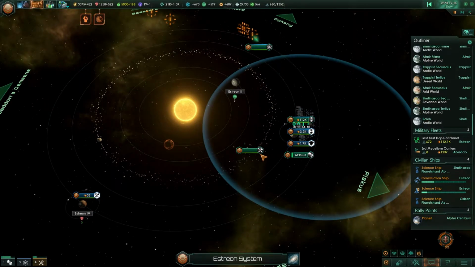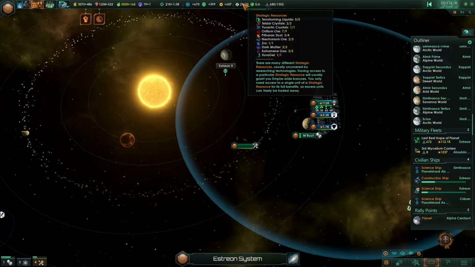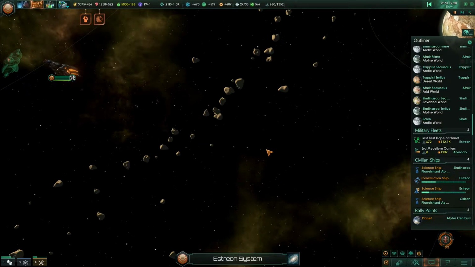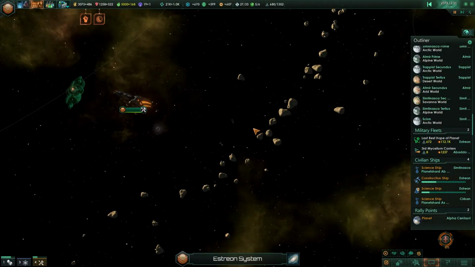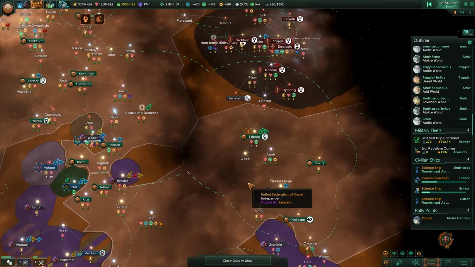How do you have dark matter? I don't. This makes me sad. Let's see. The tech or the item? The item. I don't even know where I have it, so...